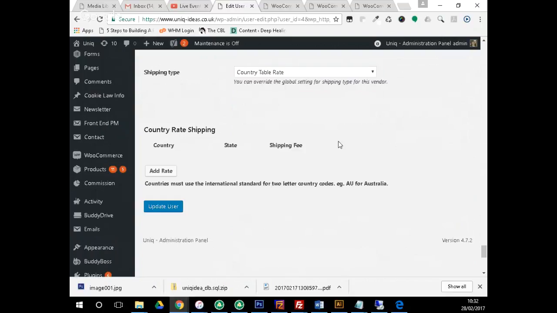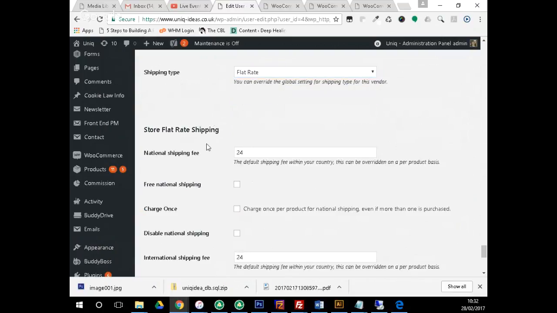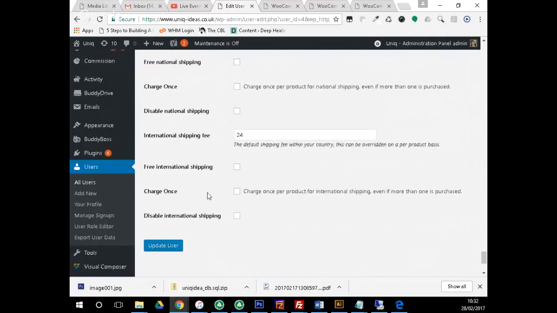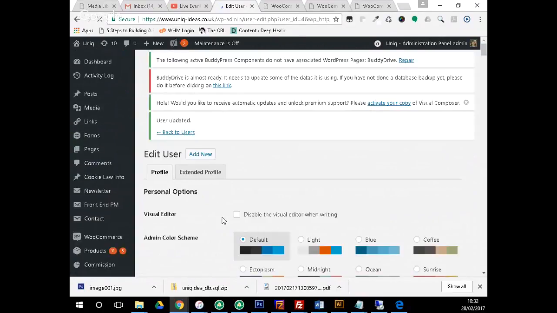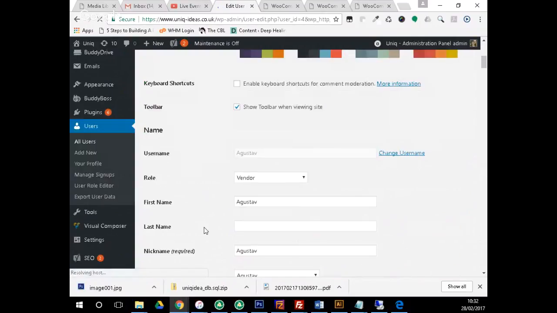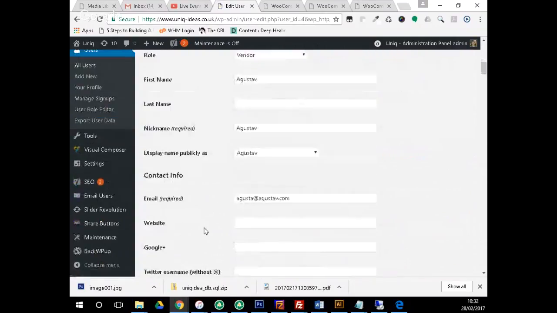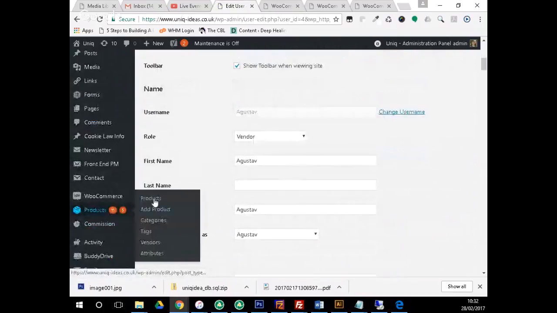I would just add the main European countries like Spain, France, Germany, Italy. Maybe have 7, and that's going to save you some work. But this overrides the whole vendor. So I understand that there's going to be different shipping costs for different products, which is fine, because if I go to